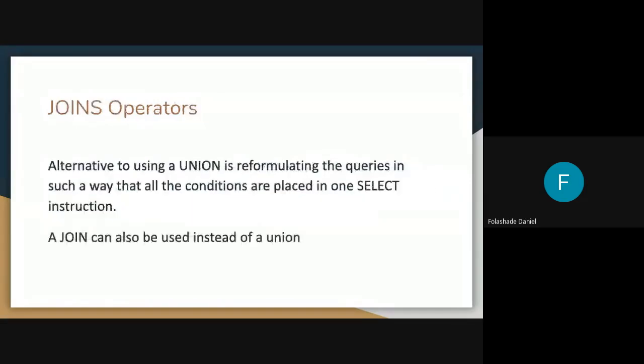So an alternative to using the union operator is using a join operator. Now we included the registration ID in the enrollment table, and we're able to use a join to make it more optimized and